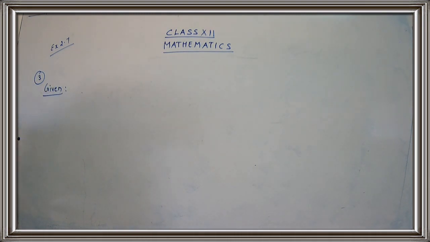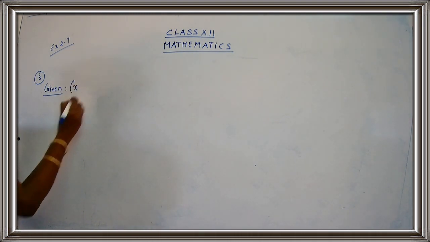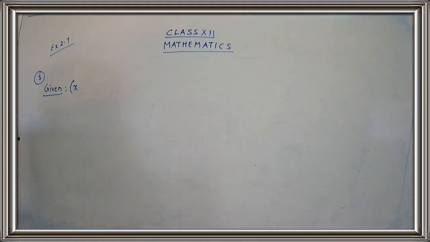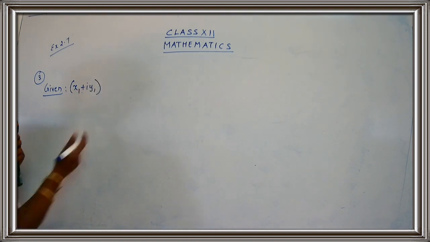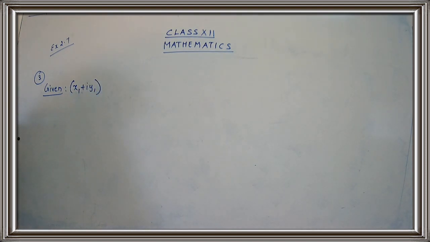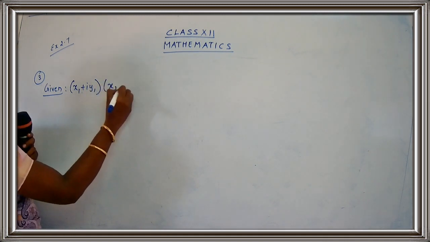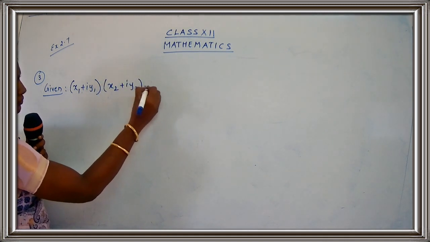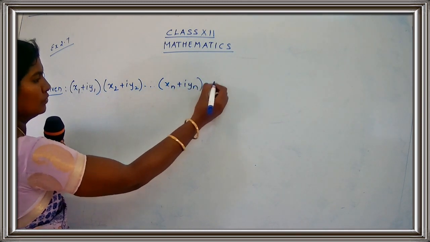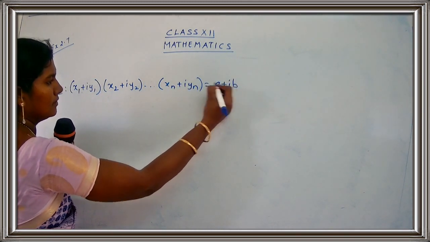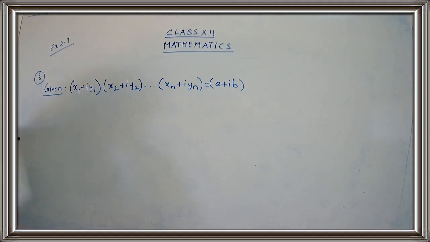Given, you have to take down, after writing the question, you have to write down what is given and what to show. So given x1 plus iy1, x2 plus iy2, xn plus iyn is equal to a plus ib. This is given to us. And we have to show